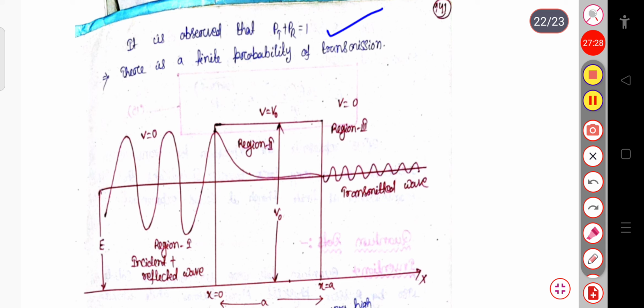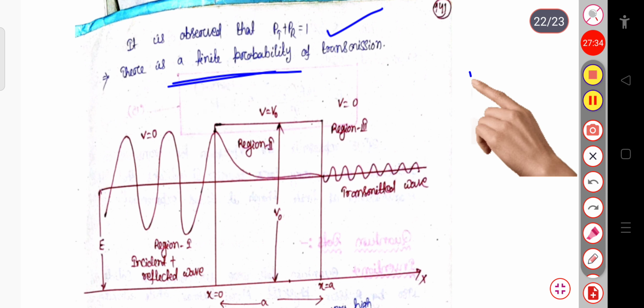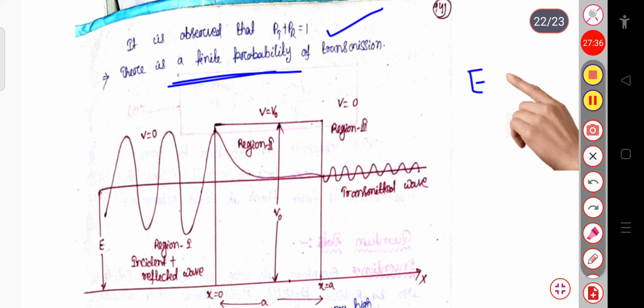It means that there is a finite probability of transmission. Here we are considering when the value of energy is less than that of your potential energy, that is, when the potential is high enough to cross that barrier. In classical mechanics, when the potential is very high compared to the total energy of the particle,